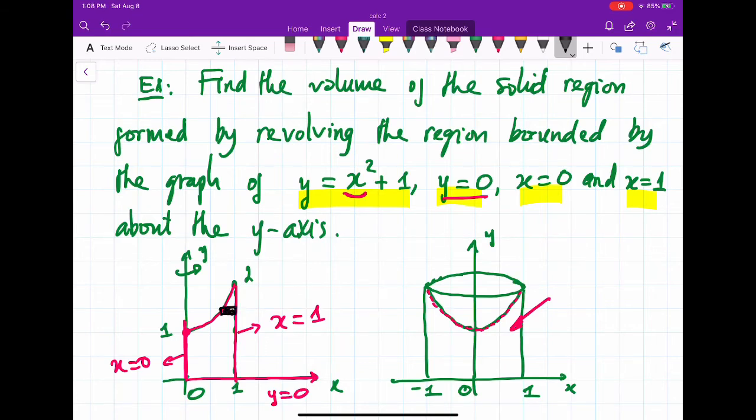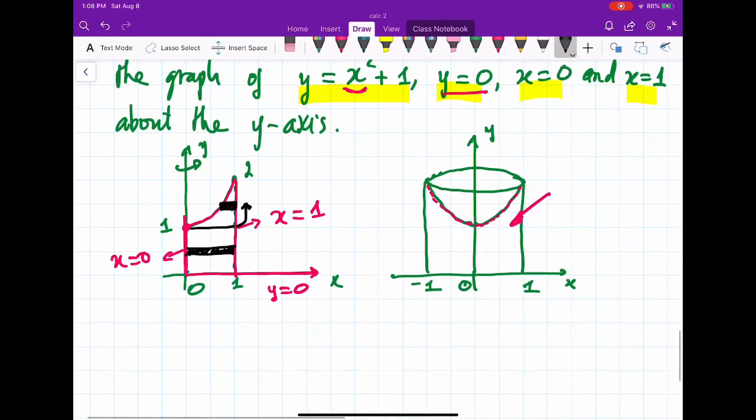Is that correct? But yes, in this case, when y is bigger than 1, you have a cut like this. But when y is less than 1 and greater than 0, you have a cut like this. So basically, you might think, yes, we need to divide our integral into two integrals. The first case, you need to consider the integral from where? From 0 to 1, right? When y runs from 0 to 1. Is that correct? For the second case, when y runs from 1 to 2,